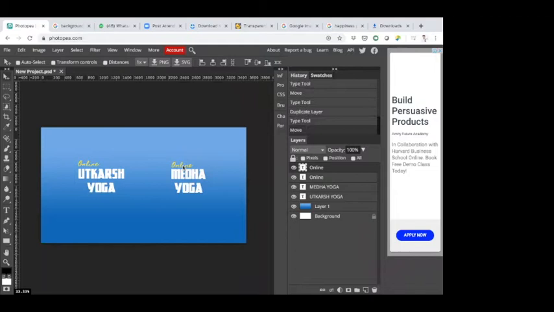Okay. So you can actually type online happiness program as well and put your own text that you need. You can change the gradient that I've put in the background. You can change the dimension of the document. So right now I'm just working on something so that I can explain to you the features which we are using on this. All right.